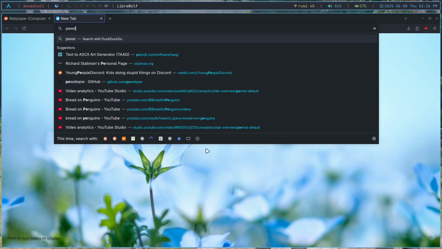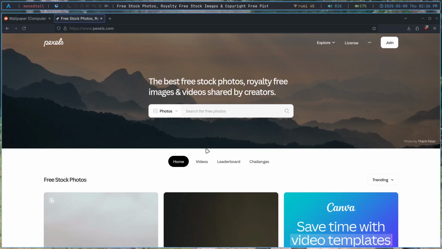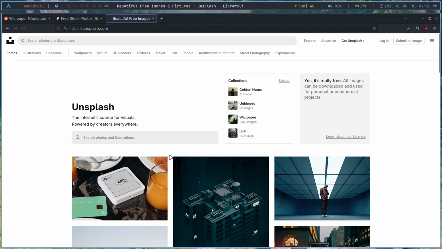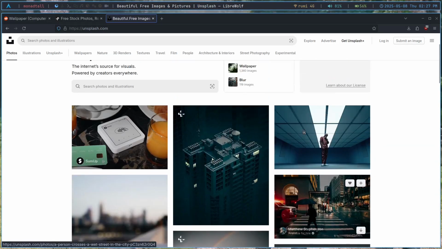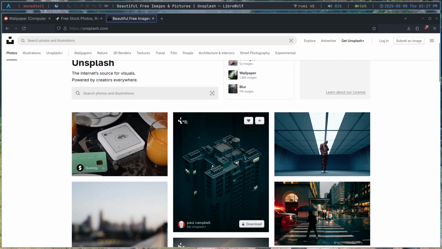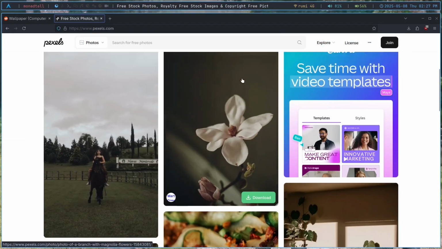And if you do actually just want some nature wallpapers, then you can just go to pexels.com. Now you may have seen some people advertise Unsplash, right? So Unsplash is a good website for getting your images, but the problem with Unsplash is that there are certain wallpapers in here that have this little watermark, right? And it's actually this Unsplash Plus thing. That's basically a paid membership or something. I have no idea. But the thing with Pexels is that every single image you find in here is